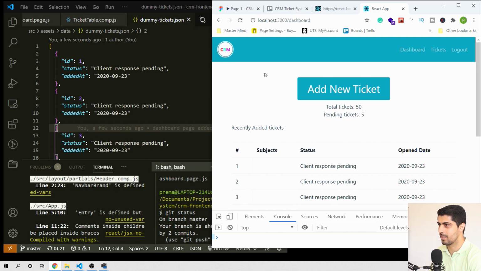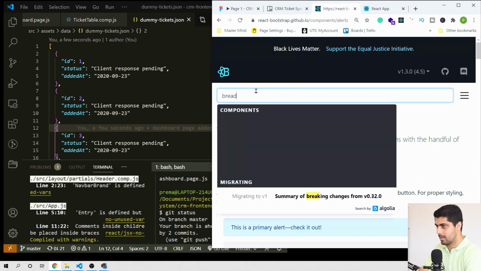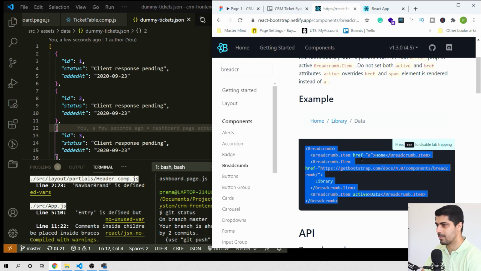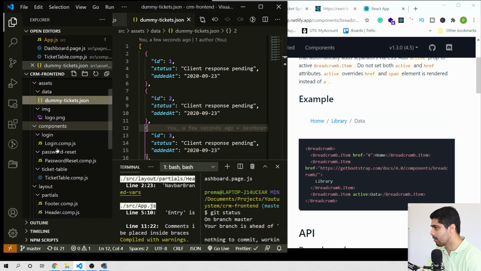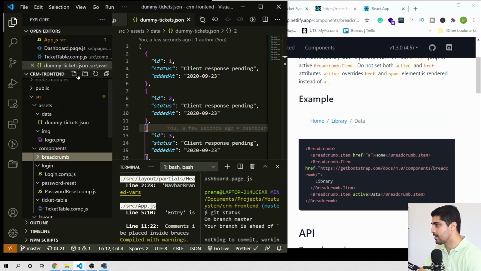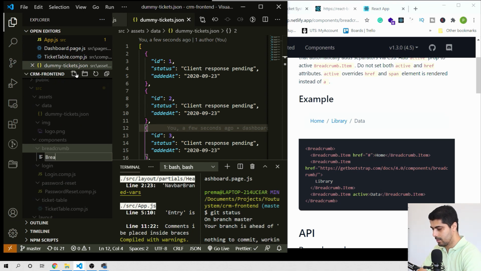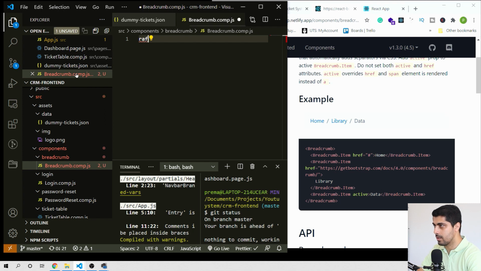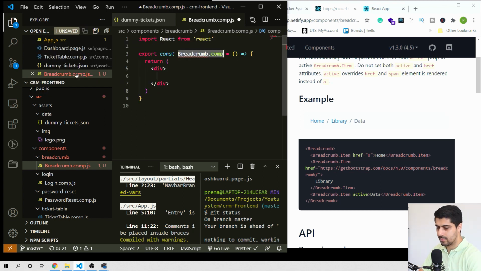How about we put a breadcrumb here? Looks a little nicer. So let's get the breadcrumb from our breadcrumb. Okay, here. This is how it looks nicer. So I want to create a component, I'm just going to copy this one, guys, okay, quickly. So I'm going to create another component in our component folder called breadcrumb, and inside that I want to create a file named breadcrumb.comp.js and just create a React arrow functional component,